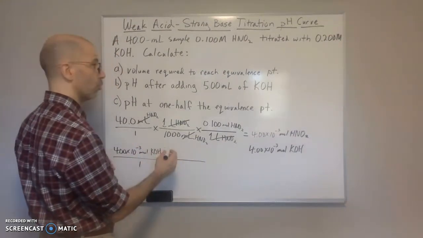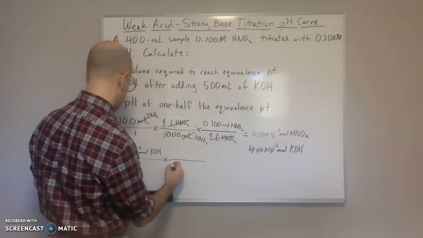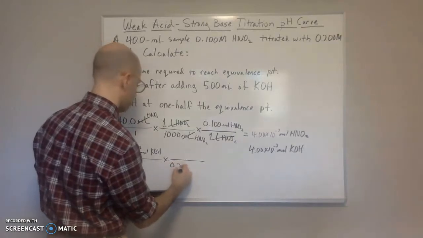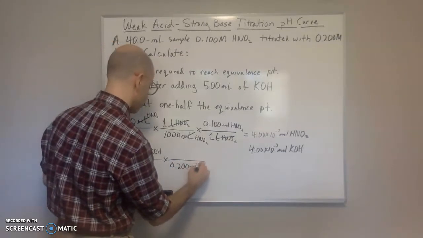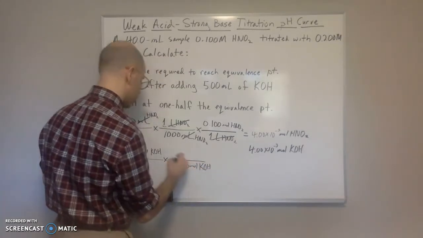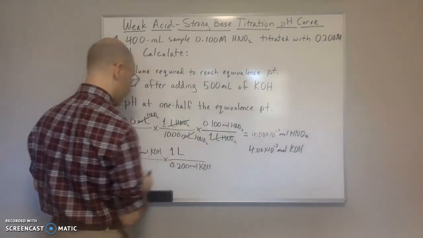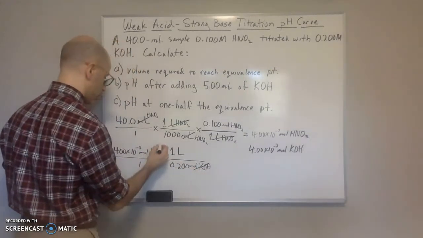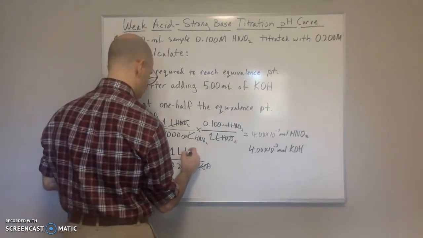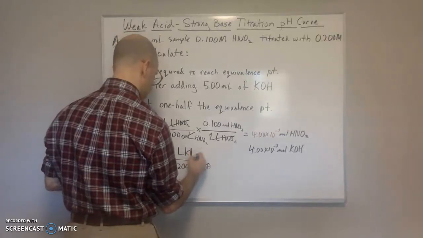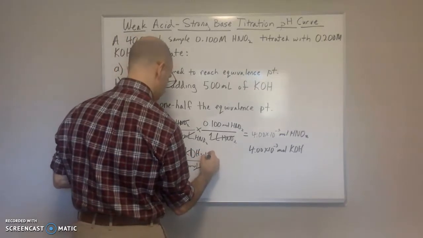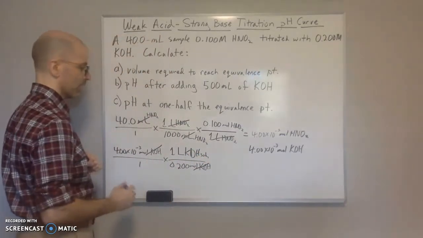So that's going to be moles over liters. We'll put moles on the bottom. So it's 0.200 moles of KOH over 1 liter. So moles of KOH, liters of KOH solution on the top, and then